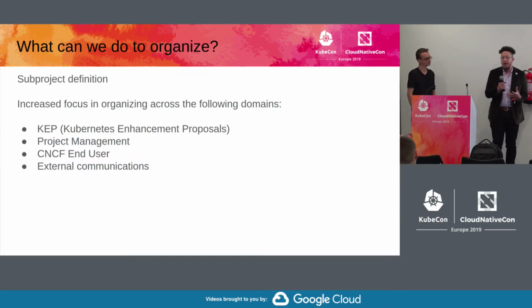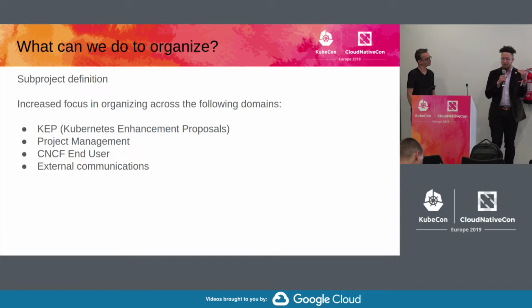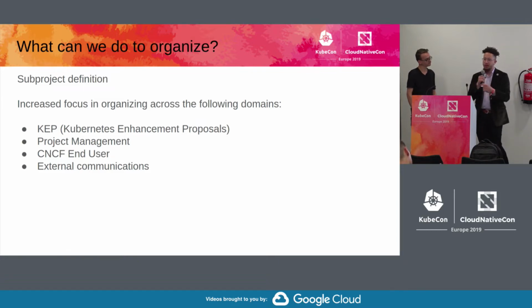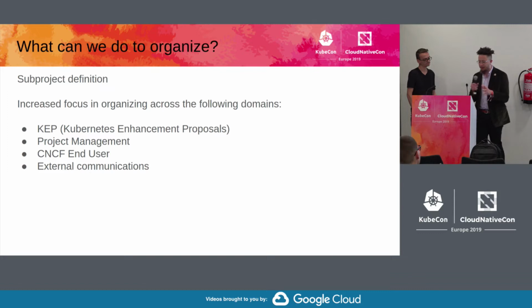And then also, if we can do that, can we start to elicit what a Kubernetes roadmap would look like? Can we start to describe the themes around Kubernetes and start to map this out, instead of just saying, hey Claire, what are we doing for this 1.15, and what are we going to do straight up till 1.20? That's active work, and it's going to take a few cycles to get there. But outside of that, we also have the CNCF end user community and external communication. So we're just going to break down a few of these sub-projects.